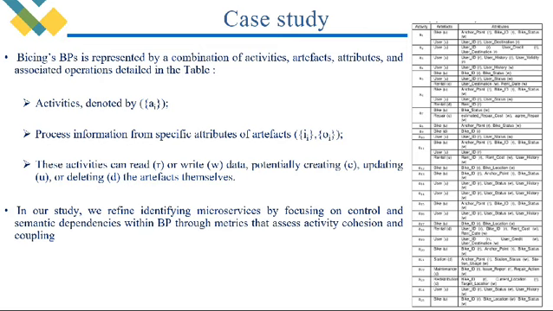In our study, we refined the approach to identifying microservices by focusing on control and semantic dependencies within business processes. Our method quantifies these dependencies through metrics that assess activity cohesion and coupling. To evaluate execution dependency between two tasks, Ai and Aj, we calculate the probability of Aj following Ai based on their execution sequence and logical connectors. Furthermore, our approach explores semantic dependencies by associating activity names with specific segments of a domain ontology. This strategy